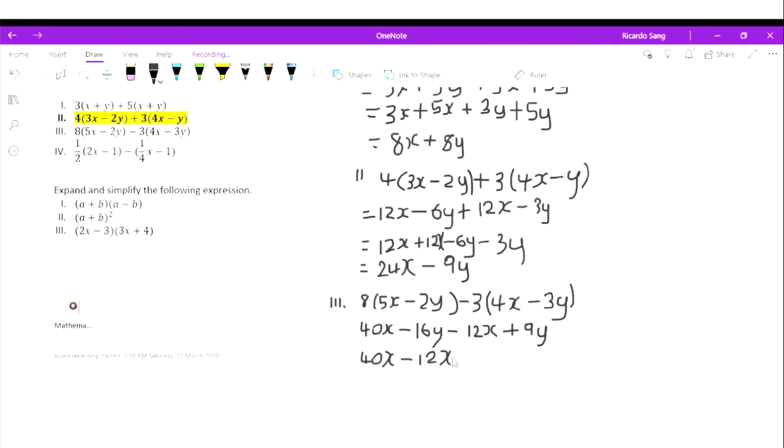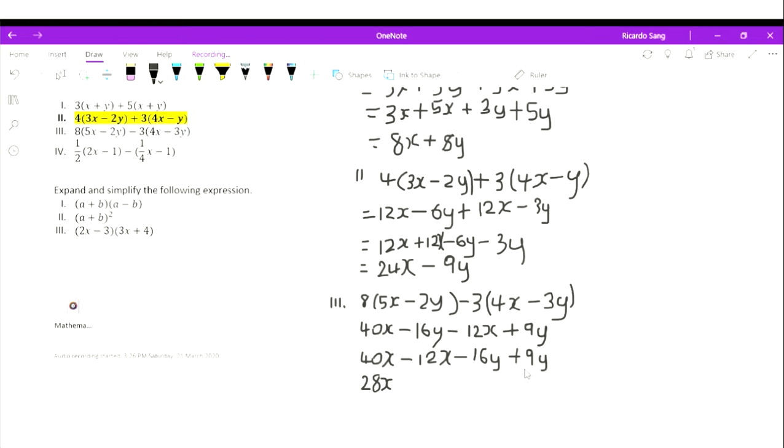That is minus 12x, okay, minus 16y plus 9y. Alright, so 12 from 40 leaves 28, so that would be 28x,